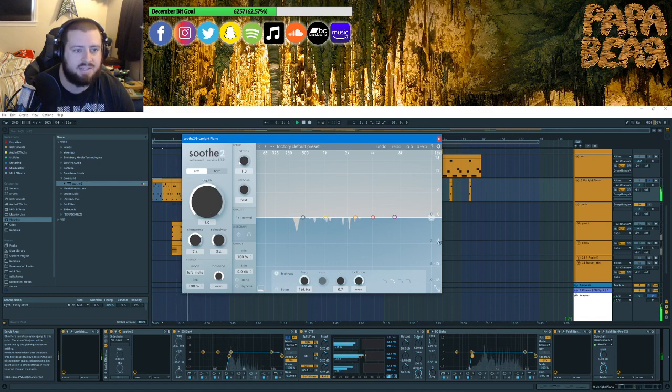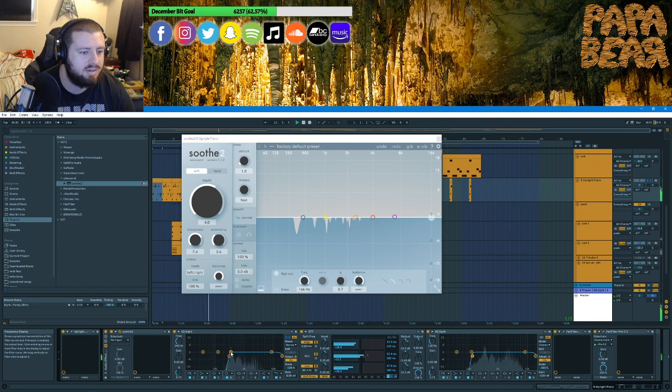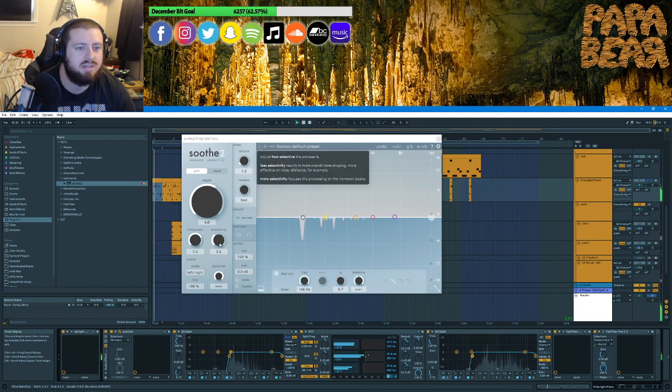And it's cutting like 6 dB in some parts in the lower end, which is being cut out anyway. So this is, what, like 346 hertz. This is right where it's being cut anyway, so it doesn't really matter, but anything above that is what we're looking for. And then, let's see, how selective.